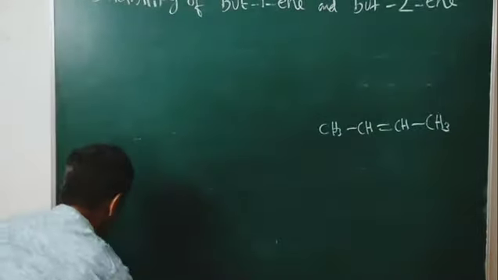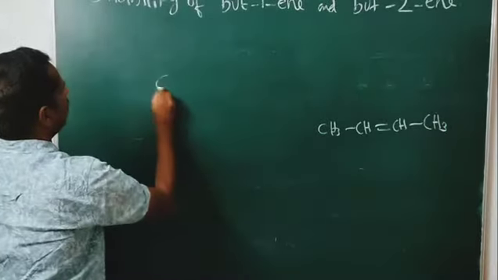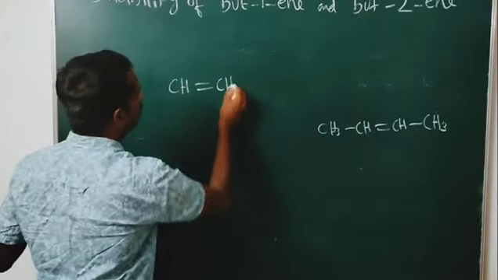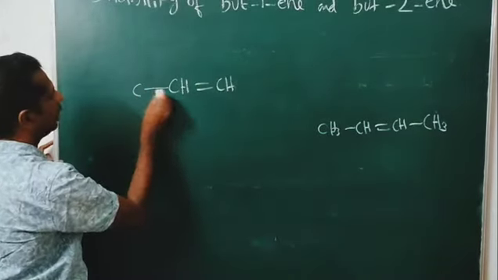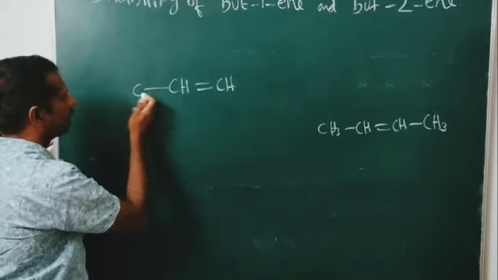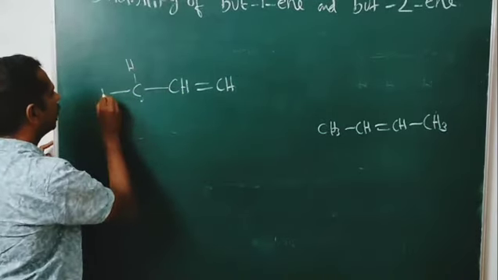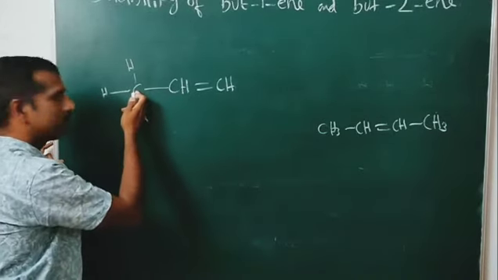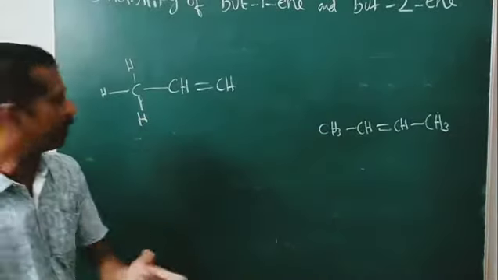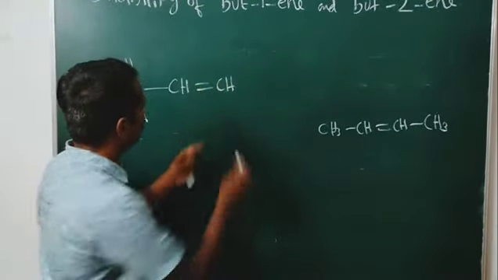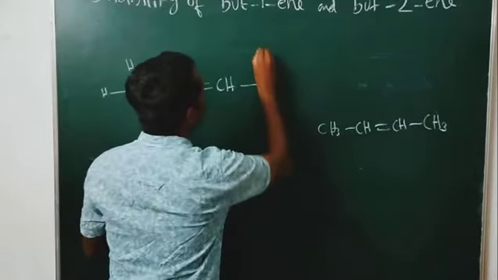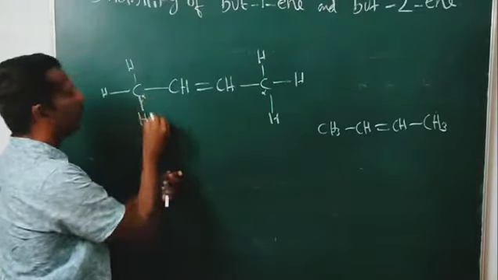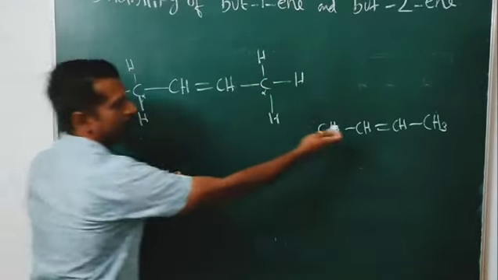So in but-2-ene, this is the structure. This is the double bonded carbon, so CH=CH. Here is a CH3, that means a carbon attached to a double bonded carbon. This is the alpha carbon. In that one there are 3 alpha hydrogens, correct? Because this carbon is attached to a double bonded carbon, this is the alpha carbon, these 3 are alpha hydrogens. On this side also, the double bonded carbon is attached to another CH3. So this is an alpha carbon, and this side an alpha carbon. There are 2 alpha carbons present in but-2-ene.